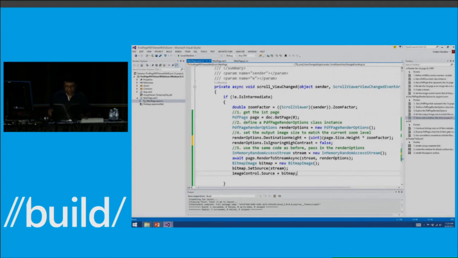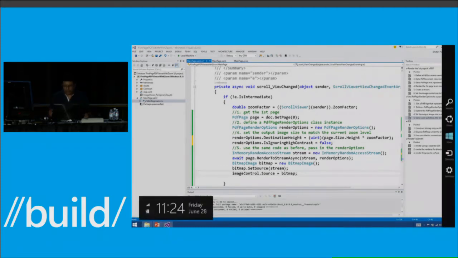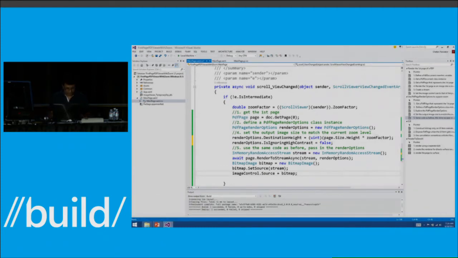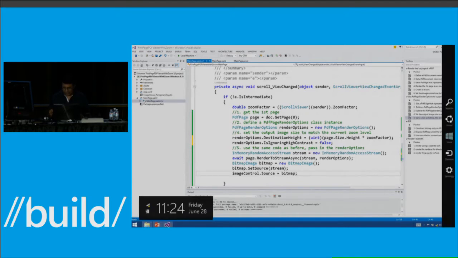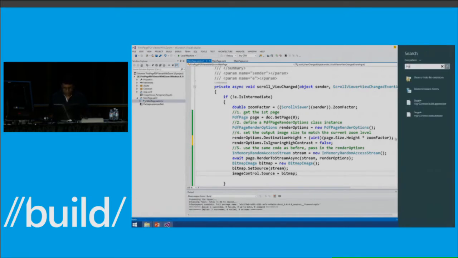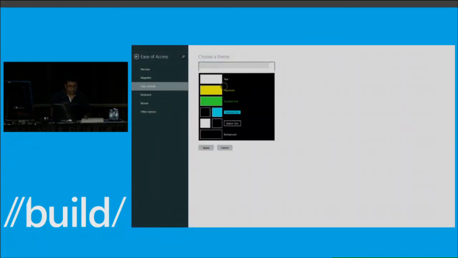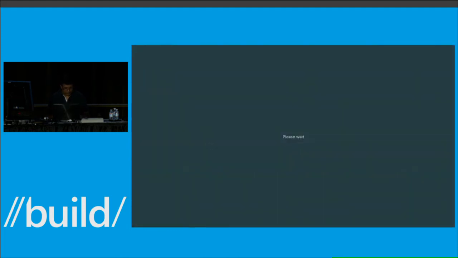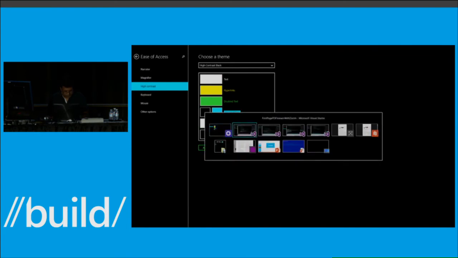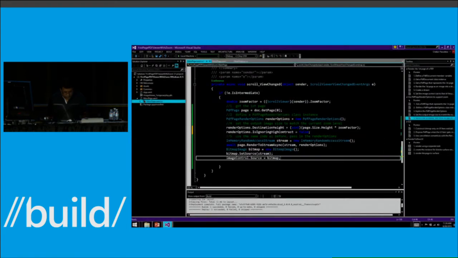So now, for a moment, let me just search high contrast settings. Say I set this. Apply. Yeah, this is the one.